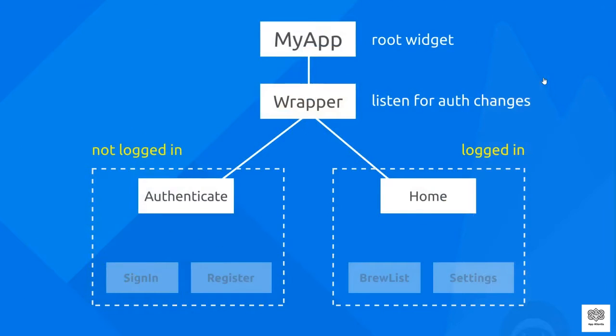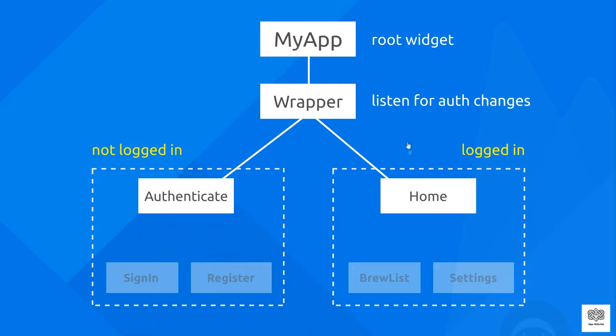Okay then, so we have the three basic widgets created for the structure of our app now. So I'd like to introduce the notion of user authentication. And by the way, these are faded out because we've not yet created those widgets. We created My App, Wrapper, Authenticate, and Home, right? So we want to only let authenticated users, people logged into the app, see the home screen on the right